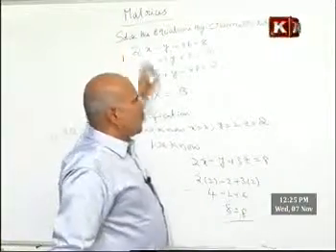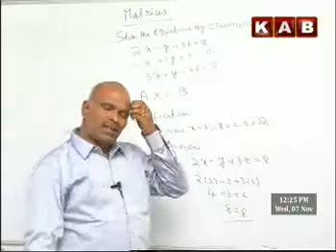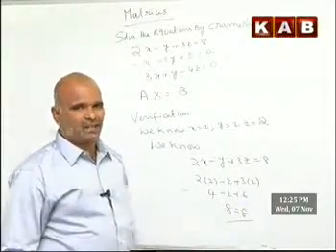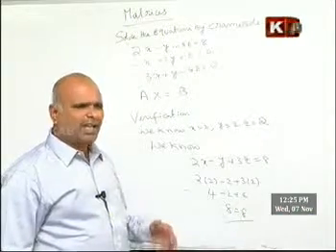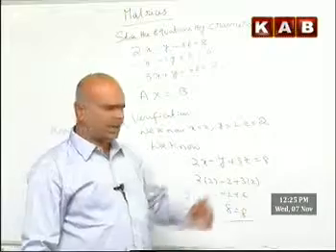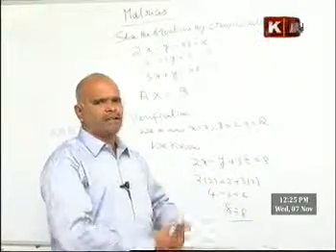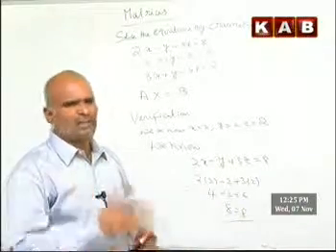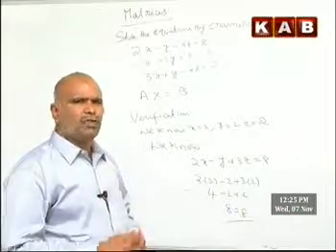Now I am going to another method. Till now we discussed Gauss-Jordan and Cramer's rule. The third method is there. Actually it is the first method, but it's a simpler method and it's less important. That's why I am giving the importance order. First important is Gauss-Jordan, next is Cramer's and next is the inversion method. Only very few times they may ask, but this also you have to learn.